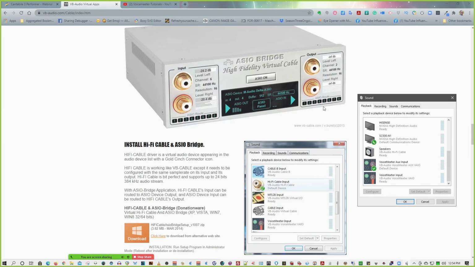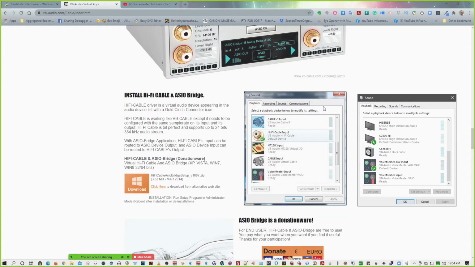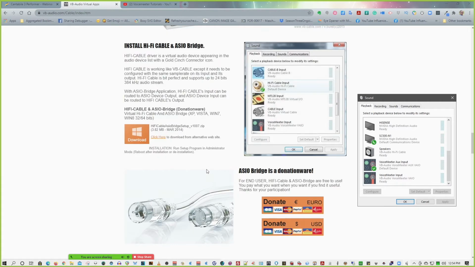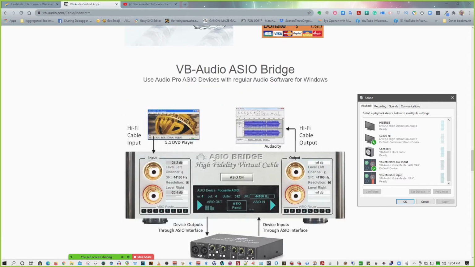But you've got to do the routing outboard, so that is what you're selecting to go in. Nonetheless, it's pretty fantastic that you can get it as donationware. Try it out, and if it works for you, you do some stuff. Like here, they've got a DVD player going in and coming back out again, and they're feeding Audacity from an input from your ASIO audio interface. So that's pretty cool. And you can feed something like Audacity, which has no respect for ASIO at all,